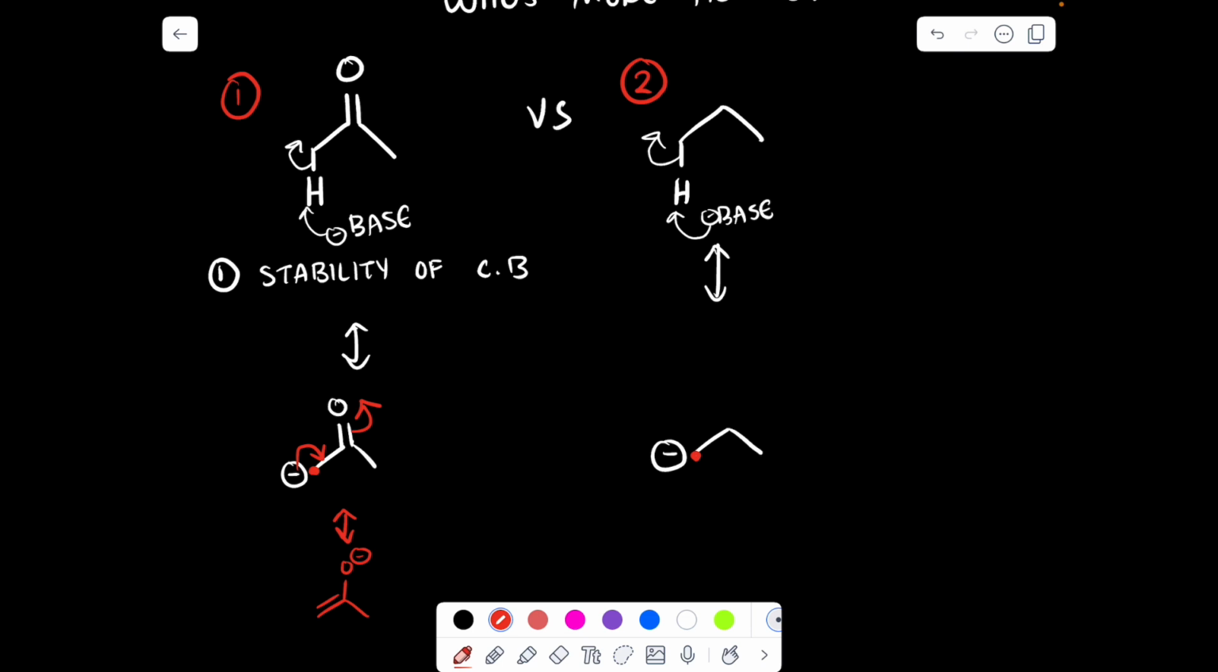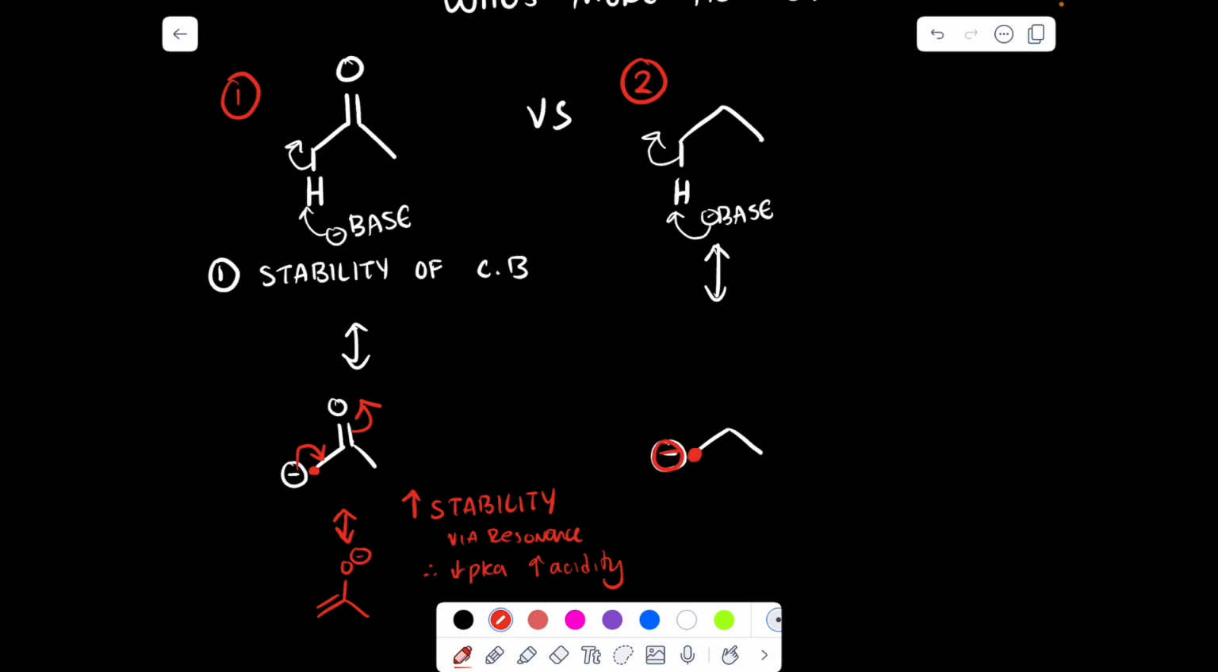So when we move this negative charge over a greater area via resonance, this is going to increase the stability of the conjugate base. So this conjugate base is increased in stability via resonance. Therefore, I'm going to decrease the pKa and increase the acidity in comparison to structure number 2, because this negative